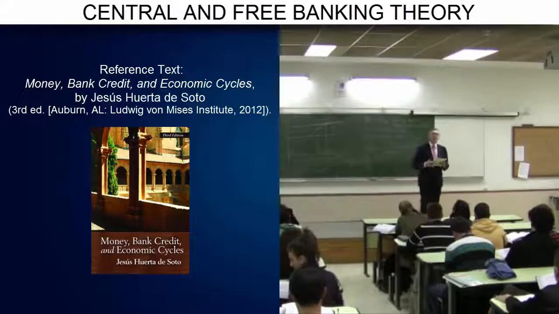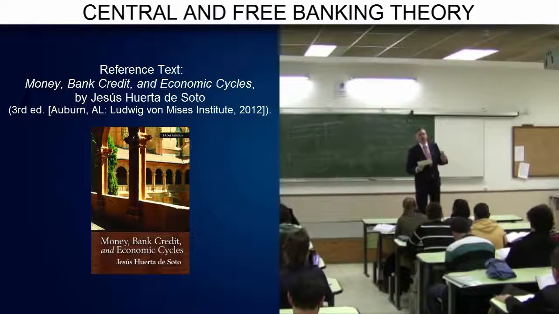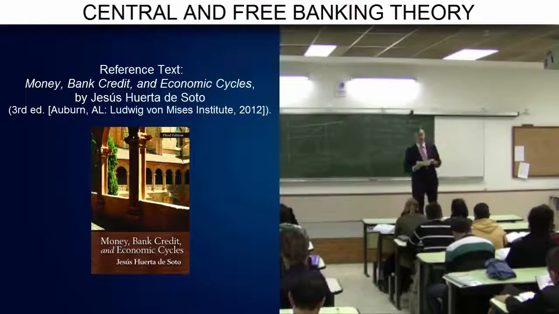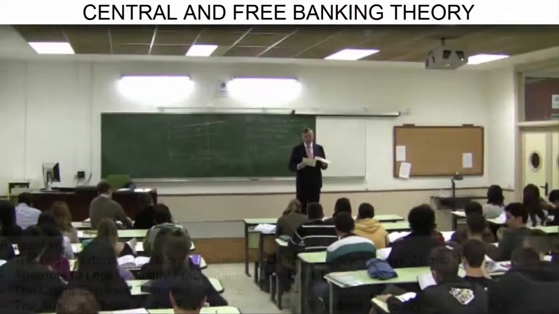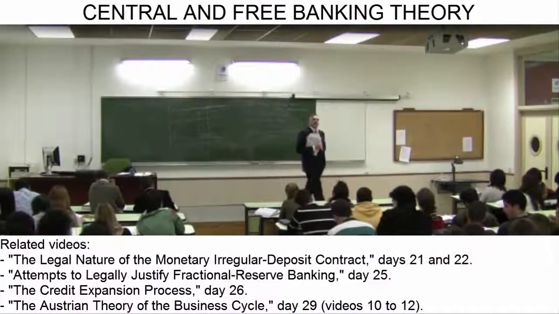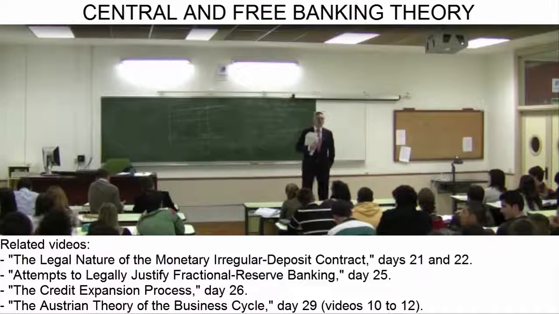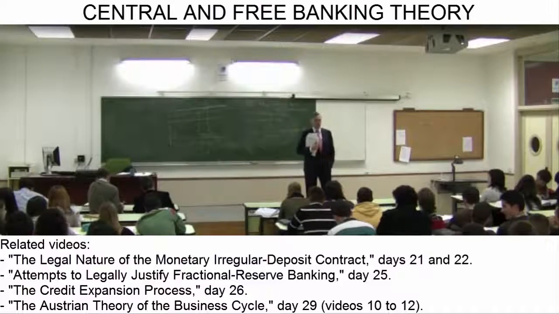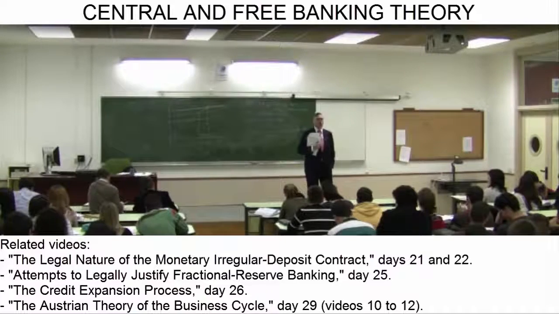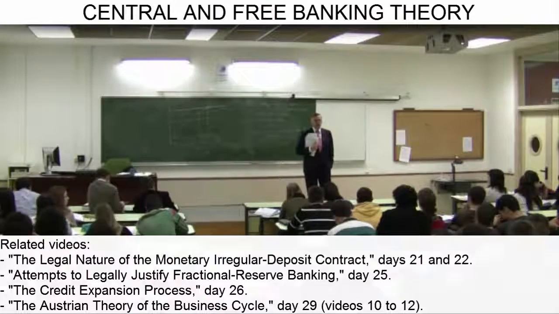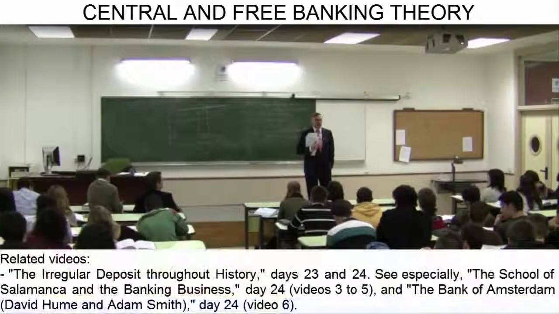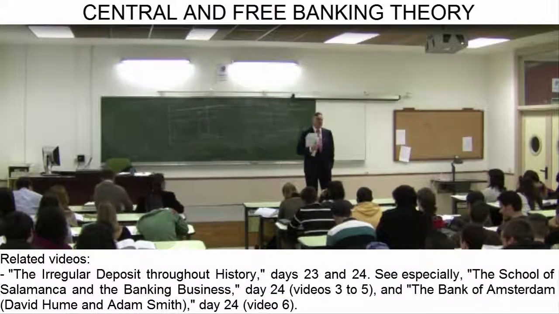Chapter 8 is devoted to an analysis of the theory of central banking and free banking. There is a long tradition behind banking theory, though it was not until the first third of the 19th century was drawing to a close that economists began to fully grasp all that happens in the cycle, an understanding which has culminated very recently. In any event, we have already seen that the theorists of the School of Salamanca carried